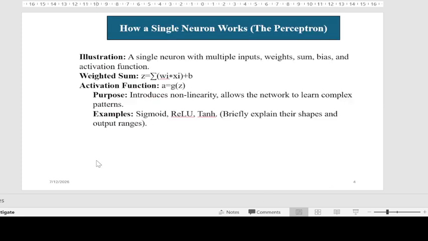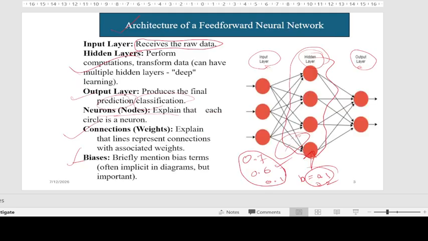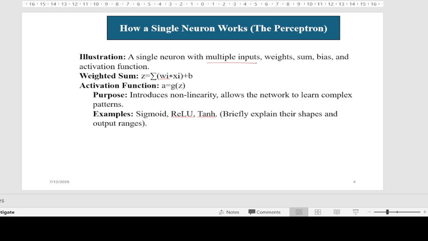Next, how does a single neuron work? Let us see how a single neuron is working now. For example, a single neuron has multiple inputs. You might have seen this previously. This neuron has 3 inputs, and it is also associated with the weights, sum, bias, and activation function. What is the weighted sum? For example, take a